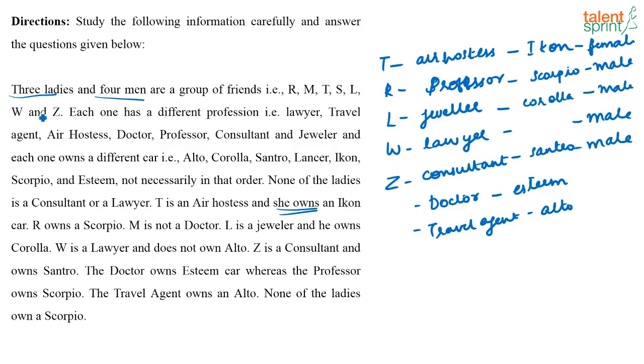In the question they have given that there are 4 men and 3 ladies. So these are the 4 men. So these 2 are definitely going to be ladies or female. Now what are we left with here? See, if you look at the cars that each of them own, I am only left with one person. Everybody else I have filled. So what is the lawyer owning? The lawyer definitely has to own the Lancer. Then they had mentioned one statement which I have not used, that is M is not a doctor. So this has to be M, and so who is this? This has to be S. This is the final arrangement.